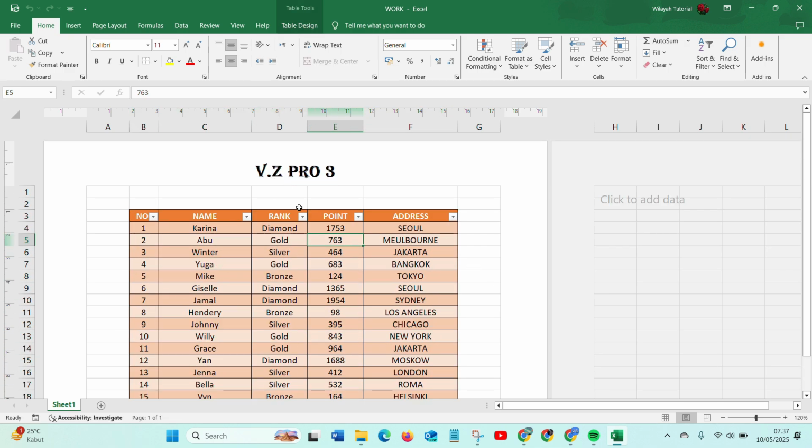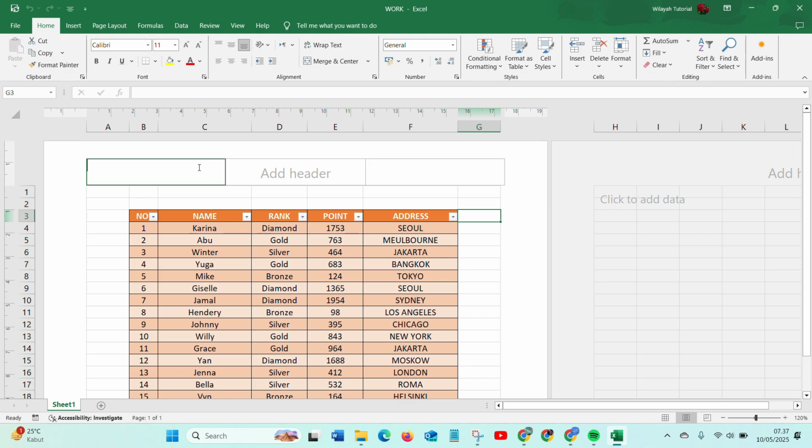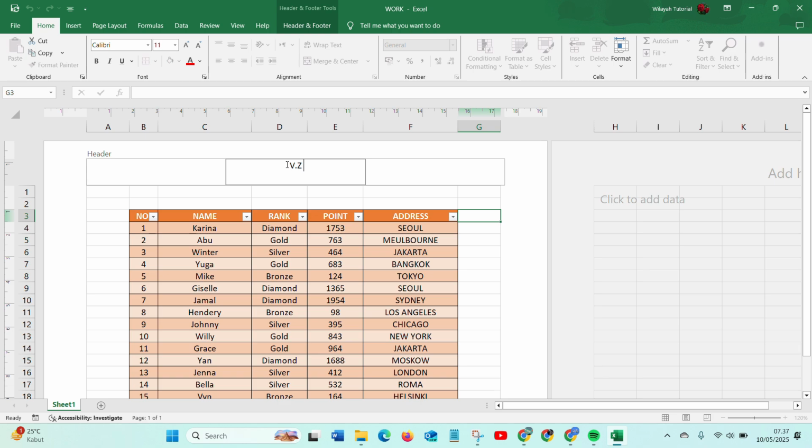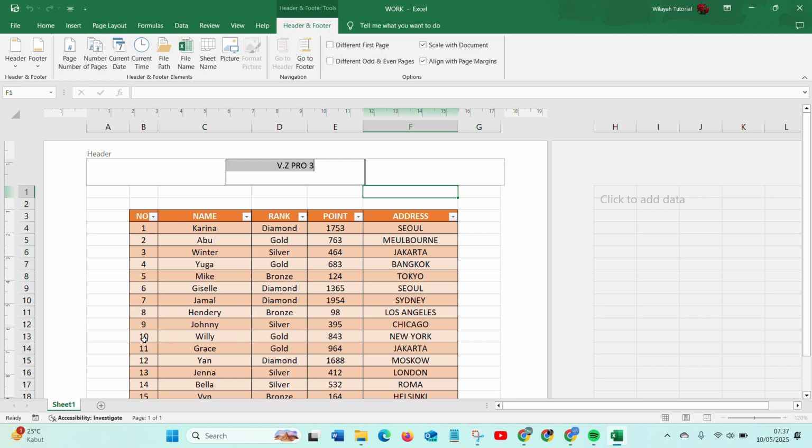So simple. You can just double click on the header and you can just delete it. So the header will be removed from your Excel document. Or you can go to insert. There's an option header and footer. And like this, you can do the same thing. Delete the header. The header will be removed, will be deleted from the top of your Excel page